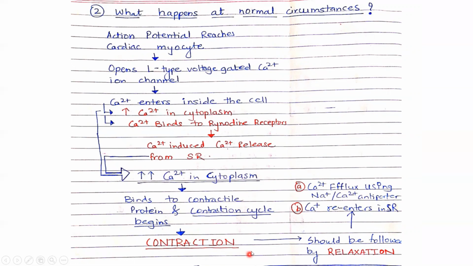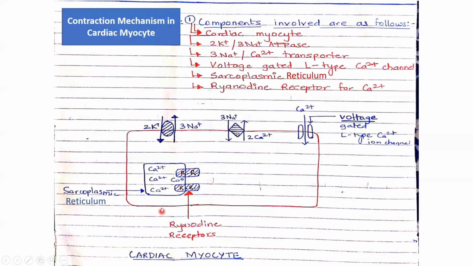After each contraction, it should relax, right? Contraction always is followed by relaxation. So how does that occur? Very interesting to know this, and this is very important for us. To stop contraction, the level of calcium here should go down. So once the contraction is done, calcium goes out with the help of the sodium calcium exchanger. Here calcium is going out, sodium is coming in.